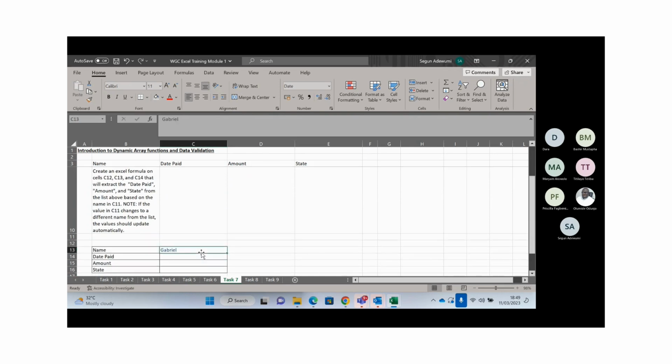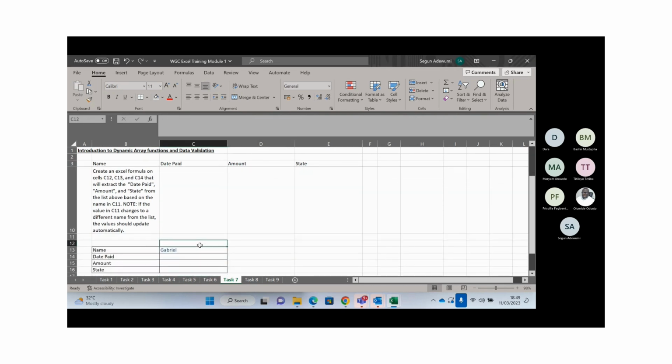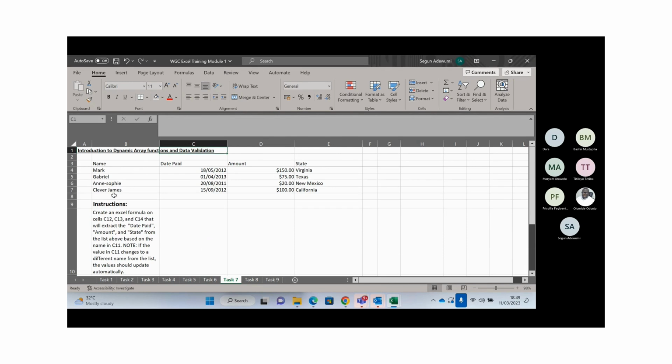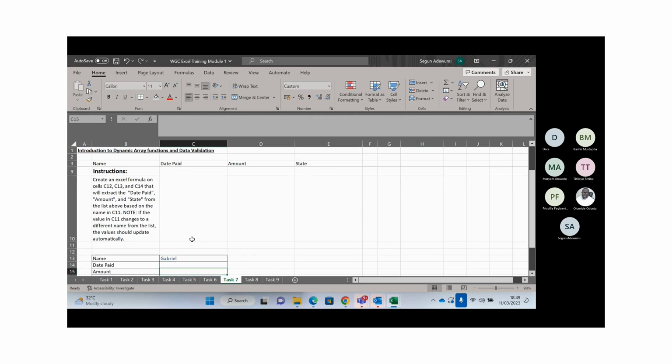So when we change the name, here this one is Gabriel. That is this. So it should return the data for Gabriel. So if you now change Gabriel to, let's say, Anne Sophie or Clever James, it should give us data for them. All right. If the value in C11 changes to a different name from the list, the value should update automatically. And I wish to explain how to use macro,